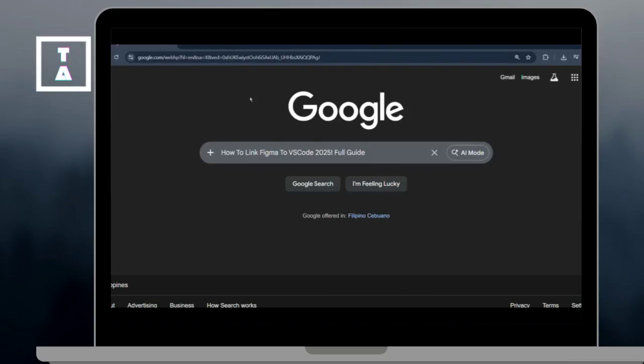Hey everyone, in this video, I'll show you how to link Figma to VS Code, step by step, so you can turn your designs into code faster and improve your workflow. Let's get started. First, open your browser and go to the Figma website, and click Login at the top right and